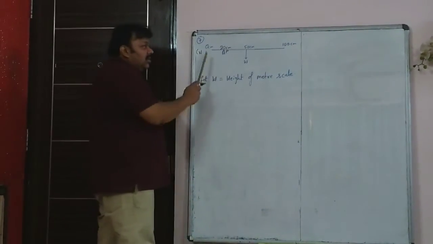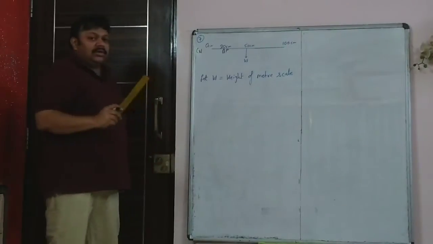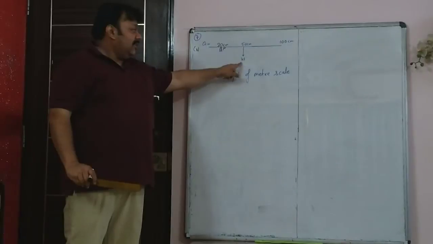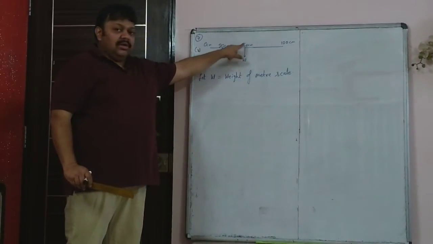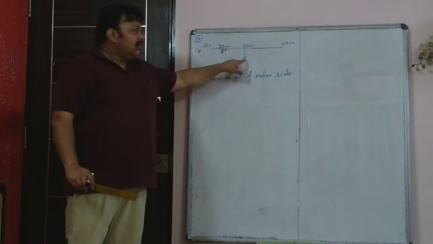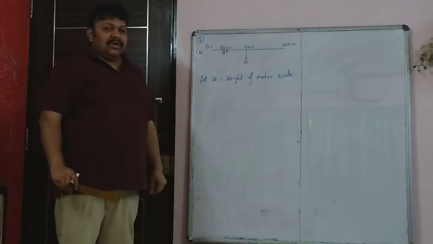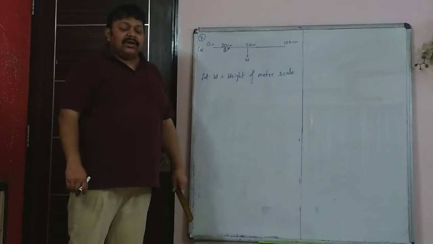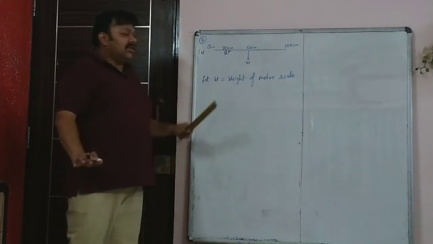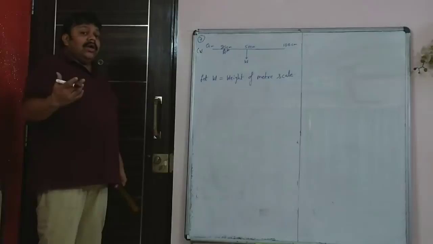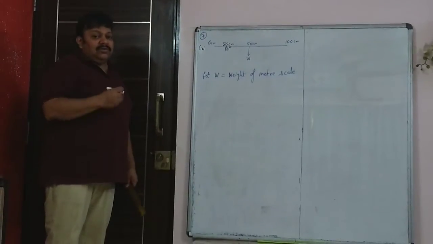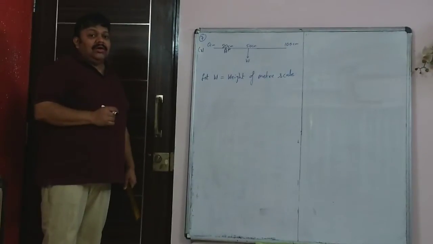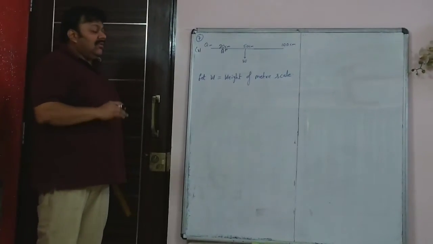So here you are given that there is a uniform 100 centimeter or uniform meter rod. First thing is the weight of the rod will act at the center. That weight has to be taken as W. It acts at the 50 centimeter mark, and the rod is balanced at the 20 centimeter mark. Now you have another weight, 100 GF, and you are supposed to hang it somewhere such that the rod is balanced. Where would you put it?